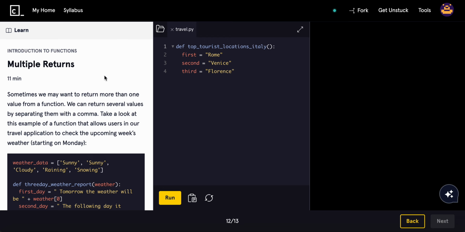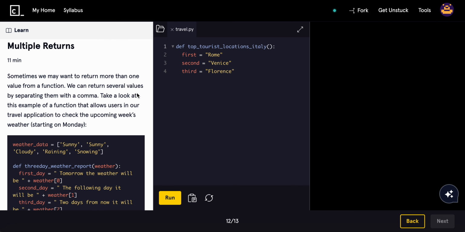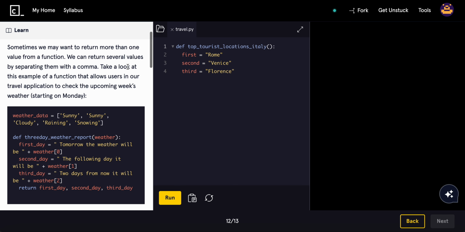So today we'll be learning multiple return statements in Python. Sometimes we may want to return more than one value from a function. We can return several values by separating them with a comma. So take a look at this example of a function that allows the users in our travel application to check